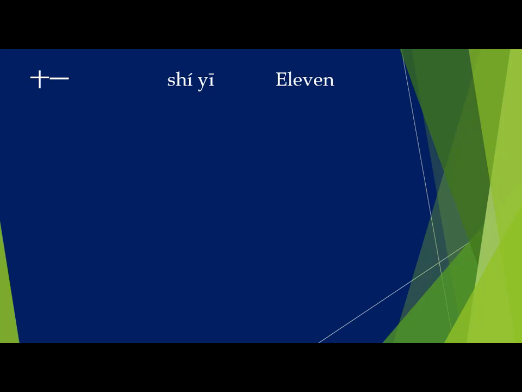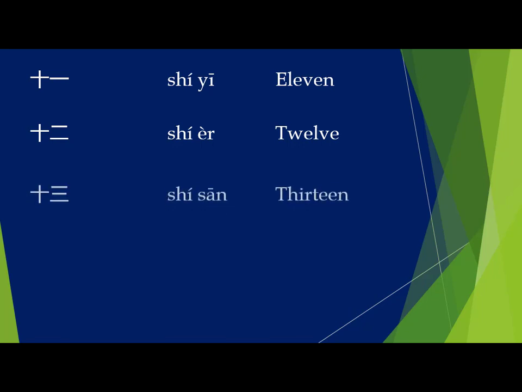Let's start with shiyi. Actually, shi is 10 in Chinese and yi is 1. When both are combined, then it becomes shiyi. Shiyi means 11. Here, shi with er, shier, becomes 12. Shier. Shisan, shisi